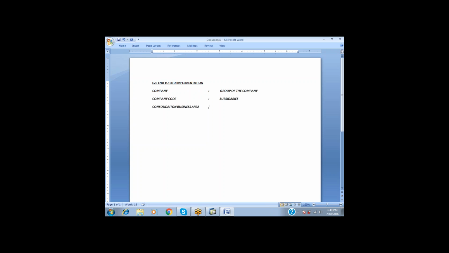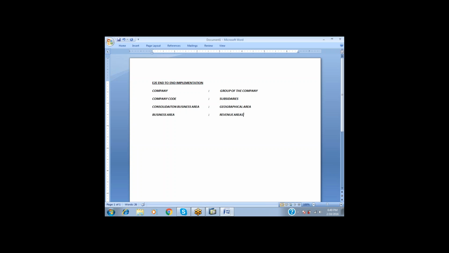Either zonal-wise, state-wise, country-wise or regional-wise, whatever it was. It is called a geographical area, meaning physically where the office is located. And then the business area. The business area is the place or area from which the company gets revenue, the place or area where the business is running. We can call it a revenue area.